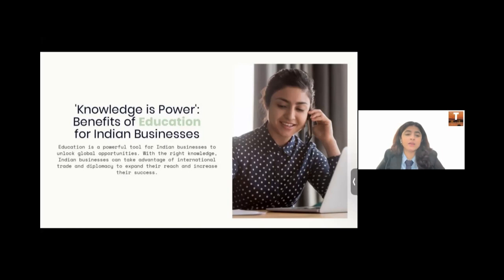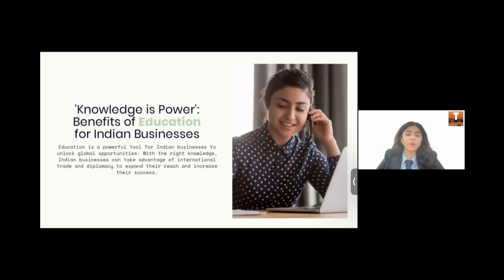Next is enhanced communication and collaboration. So education also fosters effective communication and collaboration skills, which are vital for building relationships with customers, suppliers, and partners. Good communication skills enable businesses to convey their ideas, negotiate effectively, and build trust with stakeholders. Additionally, education can encourage teamwork, leadership skills, and interpersonal skills by promoting a collaborative work culture within